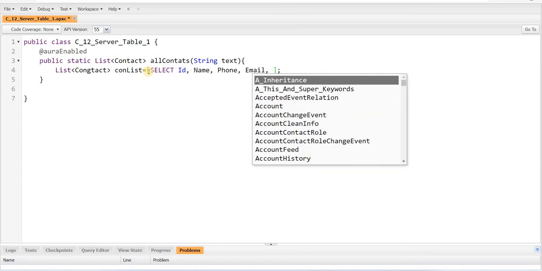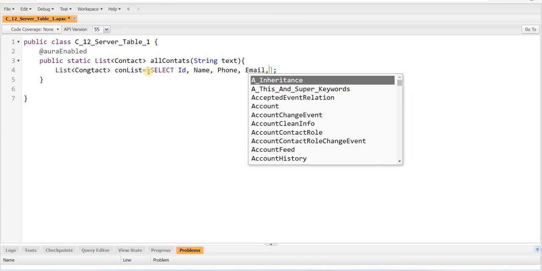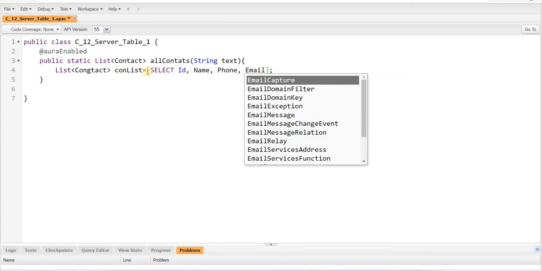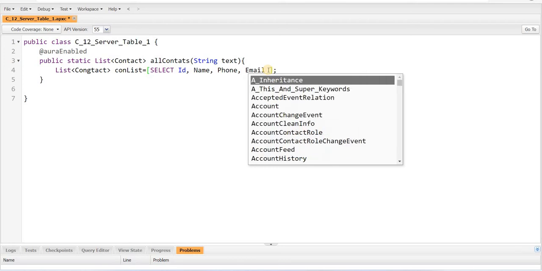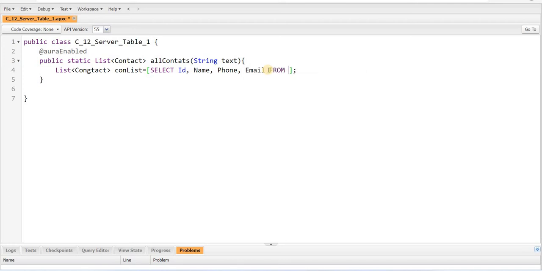Let it be, no need of this email; three or four fields is enough. Okay, name, phone, email is fine. From contact